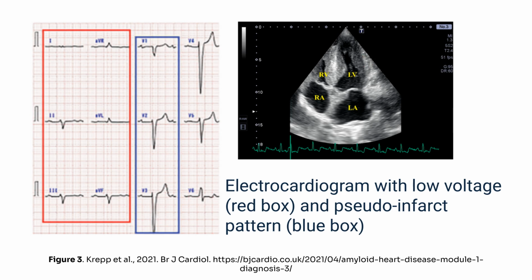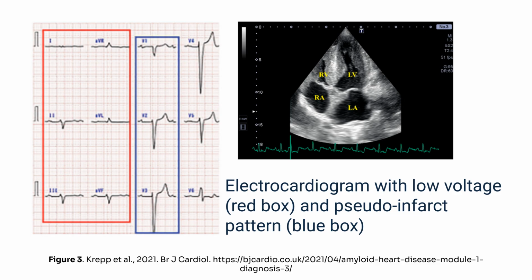Now shift your attention to the blue box. This highlights a pseudo-infarct pattern characterized by deep Q waves in the precordial leads. This can easily be mistaken for prior myocardial infarction. However, in this context, there is no clinical history of coronary disease, and imaging would not show regional wall motion abnormalities. These two features, low voltage in limb leads and pseudo-infarct patterns, are highly suggestive of cardiac amyloidosis and should